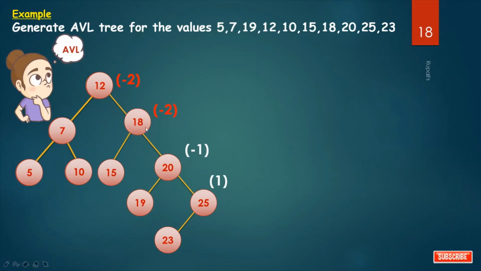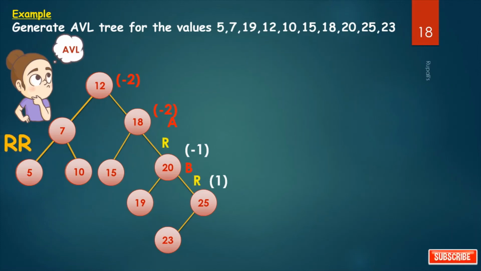So which one is our B node? It is 15 or 20, because 23 is on the right hand side of 18. So 20 is the B node. So 20 is B node and 18 is A node. So this one is A node and this one is B node. Which rotation is required? It is RR rotation. So one RR rotation is required.